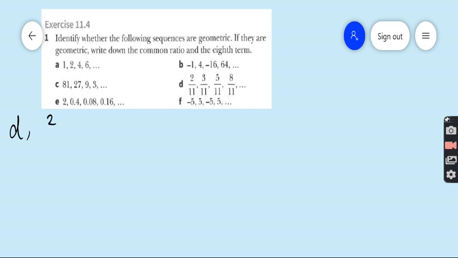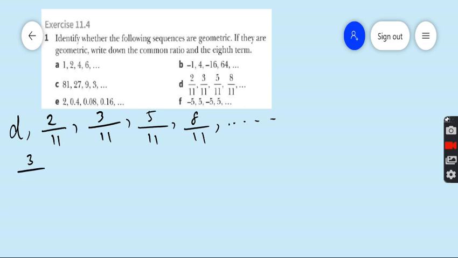Part D is 2/11, 3/11, 5/11, 8/11, and so on. Clearly it is not a geometric progression, because if you divide 3/11 by 2/11, so 3/11 times 11/2 is 3/2, and if you divide 5/11 by 3/11, you will get 5/3. So it is not